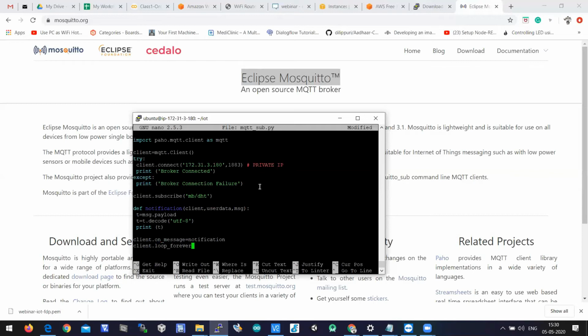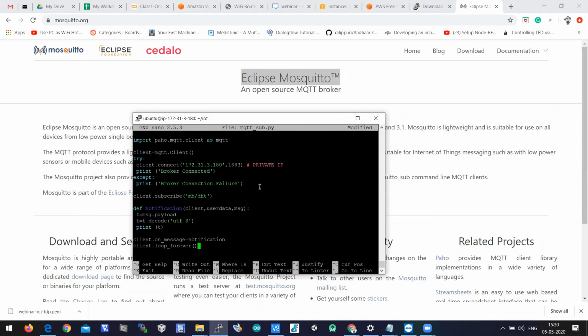The same program which we are writing from the last one day, right? So yesterday also we wrote the same program. client.loop_forever. This is a program which collects the data. So data collection is common for every topic, right? Data collection is common for every topic. What differs is the data of the sensor.